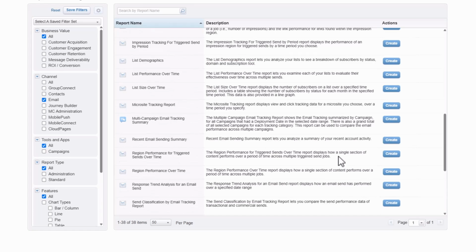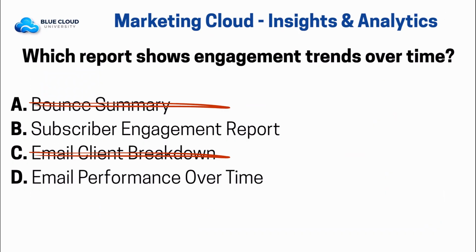Let's go back and look at our options. Okay, now with that understood, and as interesting as answer B is, subscriber engagement report, what we can understand now is that it doesn't really quite measure exactly what we want to measure. We want to be able to measure engagement trends over time. And the subscriber engagement report is focused more on which subscribers are most or least engaged. So we're going to say, nope, that's not going to be our answer this time around. And that brings us down to D as being the final answer we want to use here, which is email